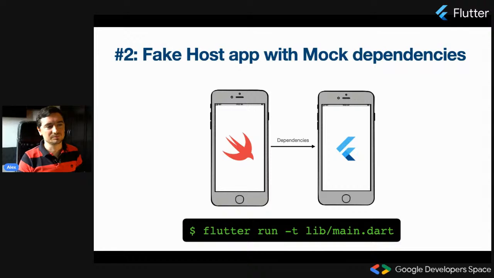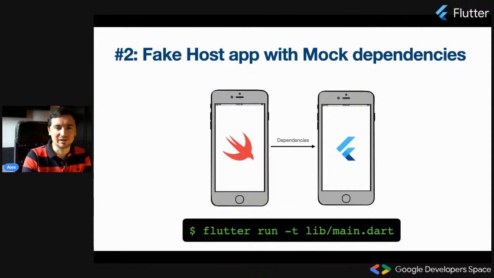You run your host application, and you start the Flutter app. And your host application provides some dependencies to your Flutter application. So maybe you added some plugins with the native integrations. Maybe you provided something else. Maybe you provided some launching options for your Flutter counterpart. So in this situation, you just run the host app, start a screen that contains Flutter source code, and you can actually attach your debugger to